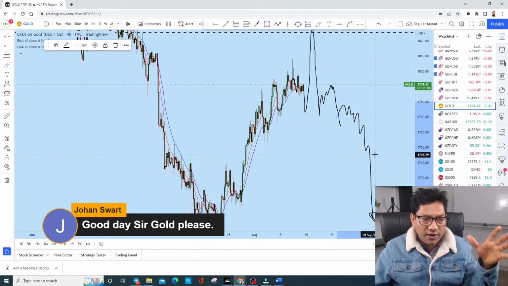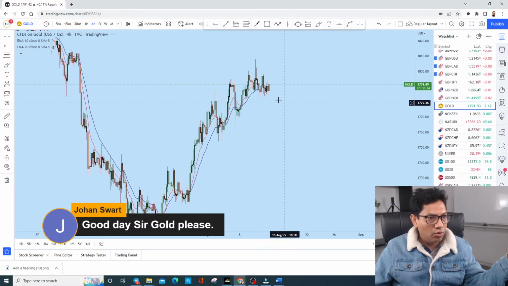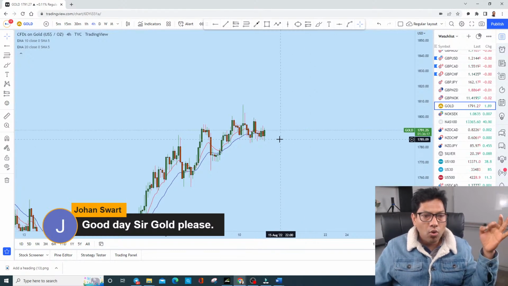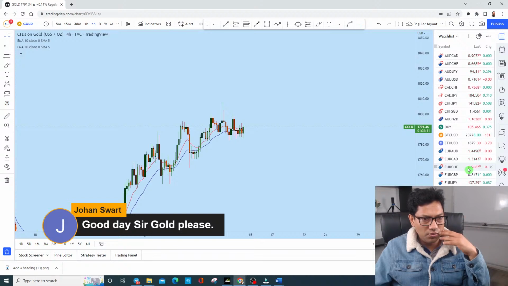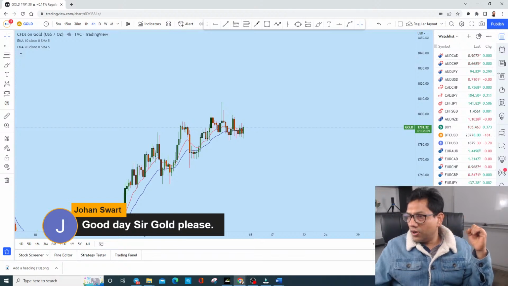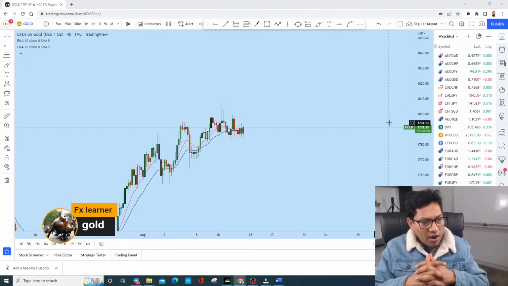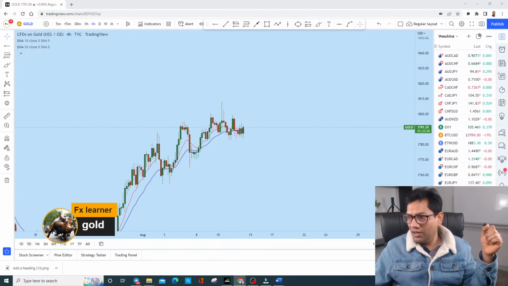So far it's in a narrow range, in a sideways market, and I don't like to trade a market that is sideways at all. It's a narrow one candle range, and I don't like this. I don't want to lose money in this market. So let's look at gold. Gold, stay away for now, because it's sideways. Until you see a reversal or a clear trend, just leave it.